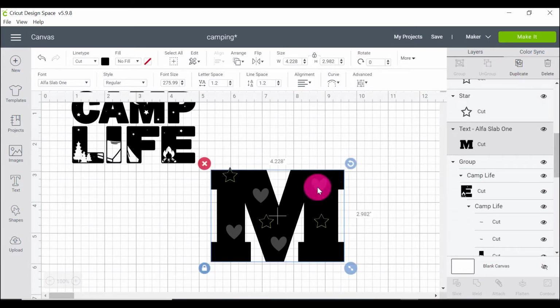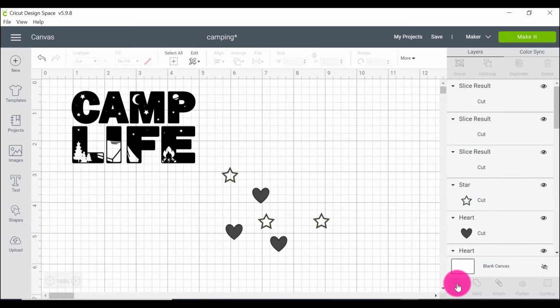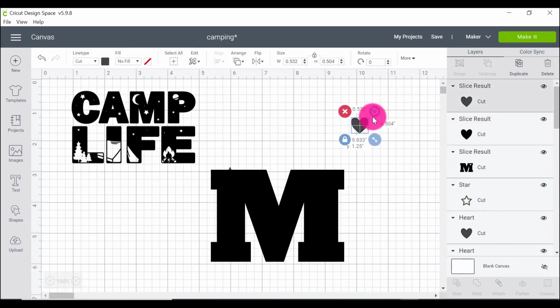So we'll select the letter and your heart. I did it by clicking on my M and clicking on my heart, but you can do the same thing in the side, and then your slice function will pop up. So you literally just click on it, and now it's